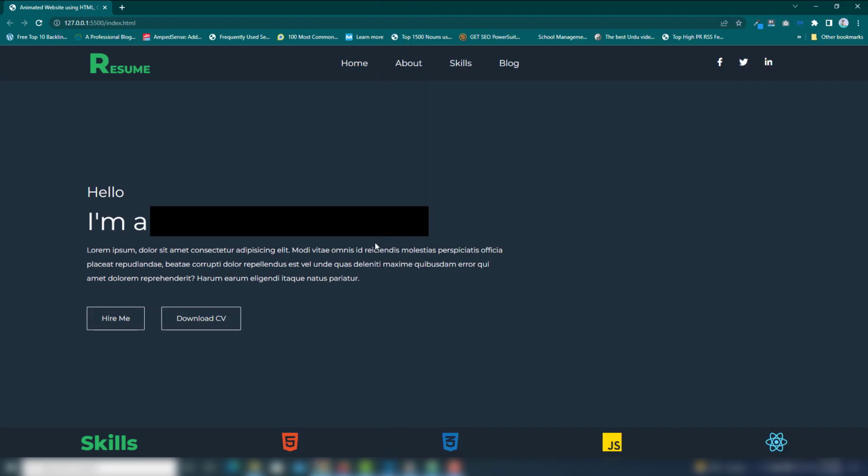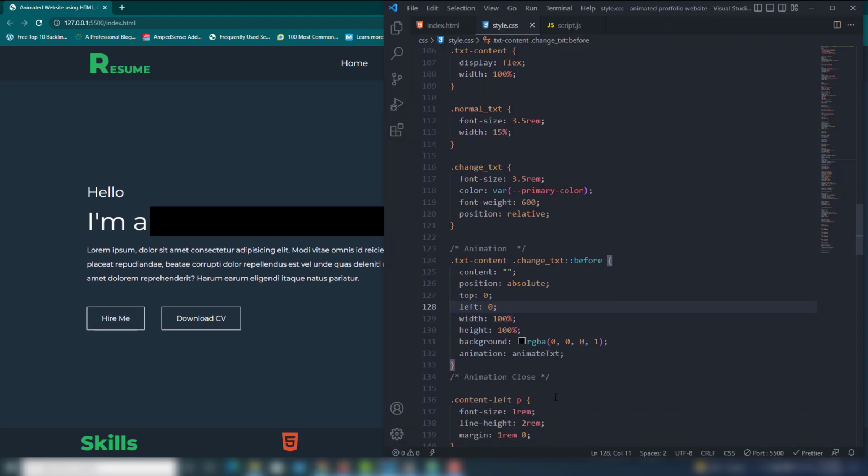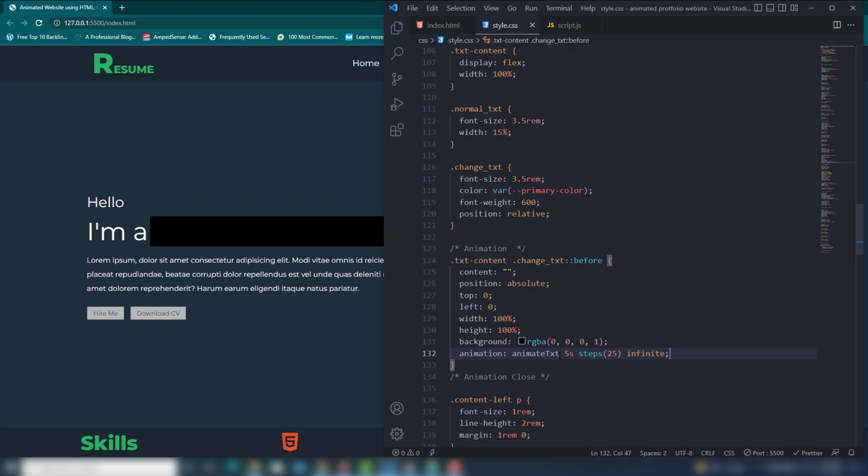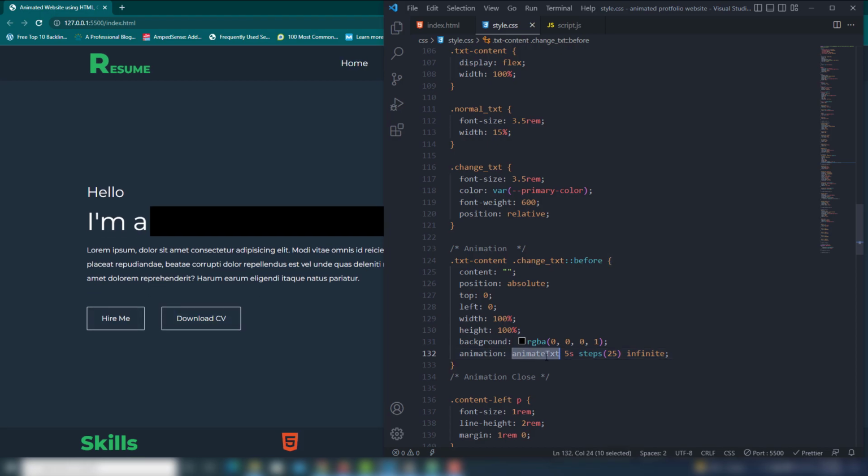Everything is the same. So animation animate text, with a 5 seconds duration, and steps, meaning how many steps it will cover. I'm going to use 25 and infinite. Right, so save.